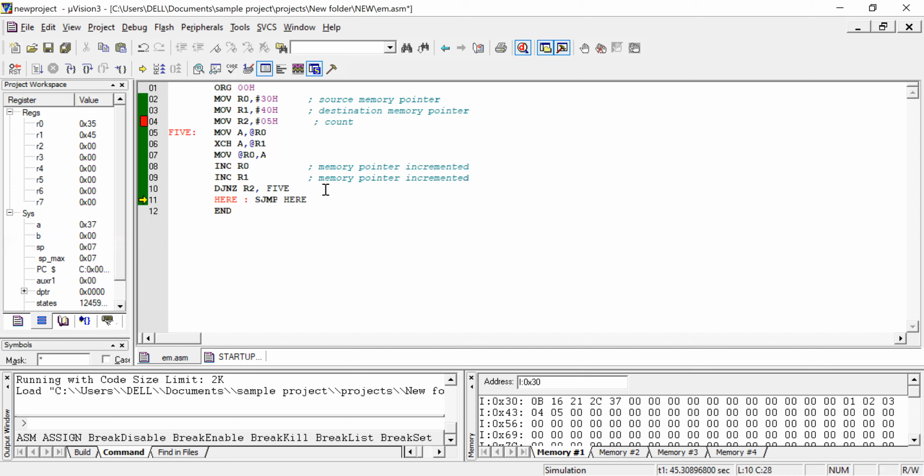This is to check whether the count is 0 or not. If it is 0, then the condition is false, then come out of the loop.